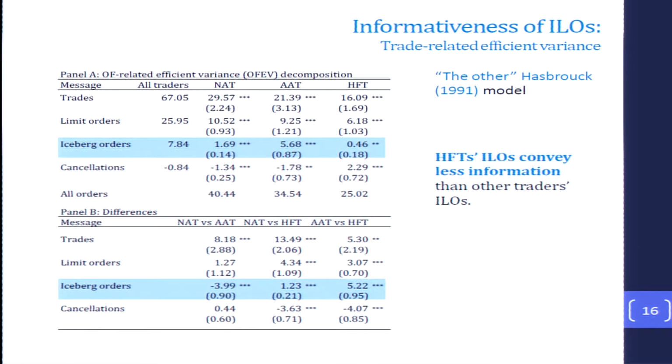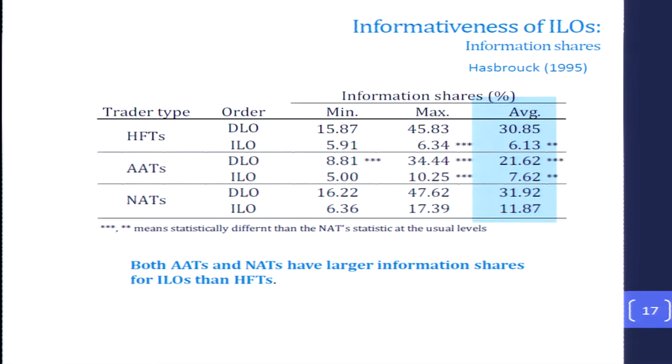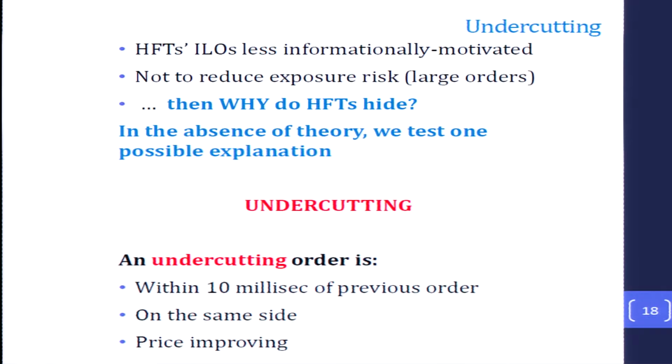You look at other measures, Ajay tells me I'm out of time, so basically every way you cut it, impulse response functions, information shares, Hasbrouck 1995 model, all of these show that they use iceberg orders with the lowest information content. So we finally end with one possibility of why they use this, and this is for undercutting,